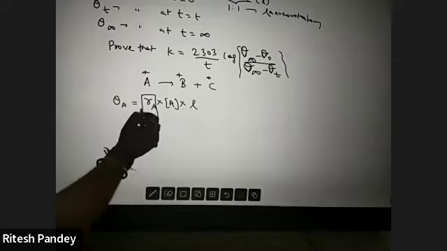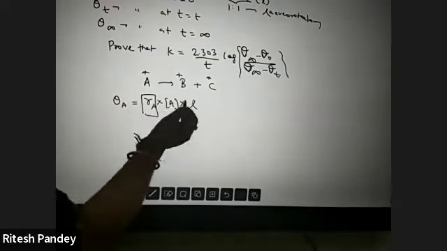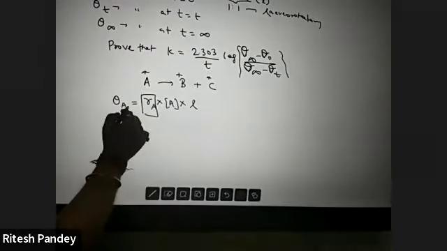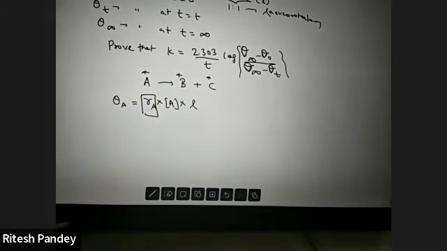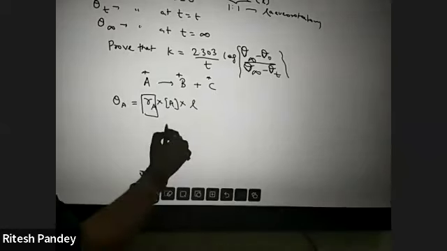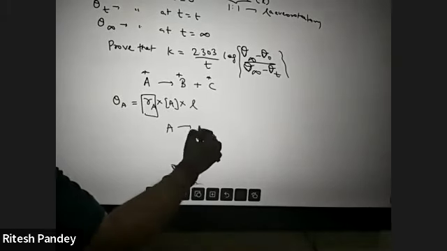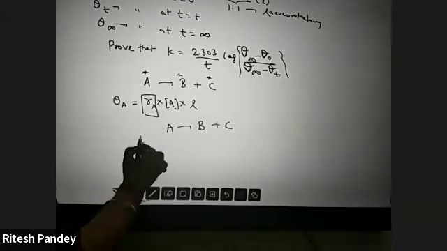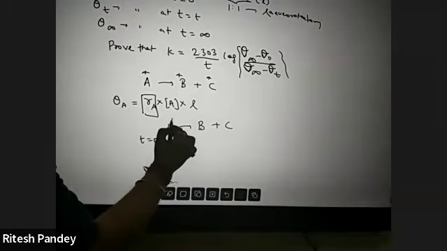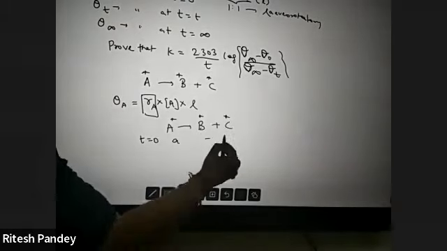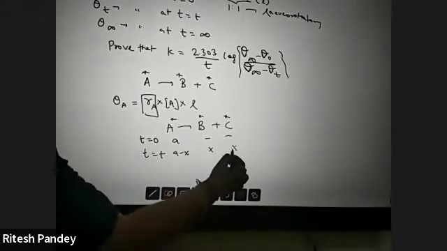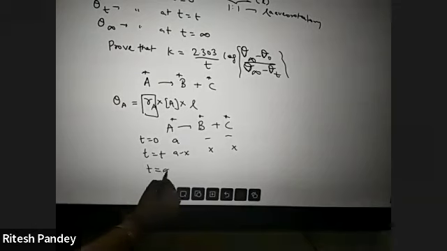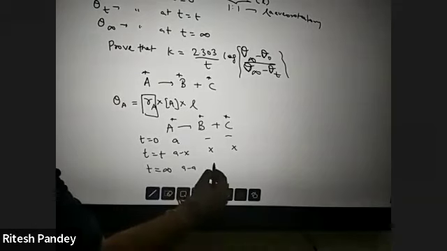So I can write this for RAAL, RBBL, RCCL, and the corresponding rotation for the mixture of chiral compounds. And trust me, again, this is proportional to the concentration. At time t is equal to 0, if you have A amount of this to begin with, and at time t is equal to t, if it goes by x, this forms x and this forms x, and at time t is equal to infinity, if you believe that this is getting over,